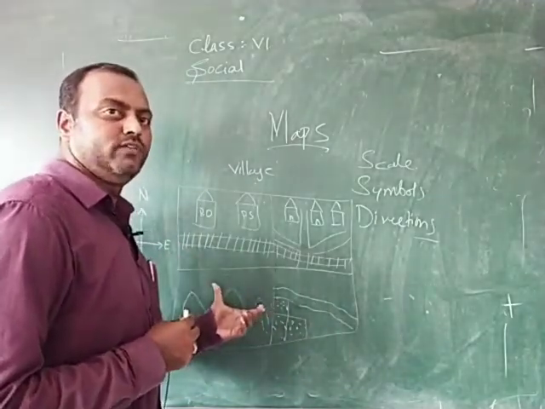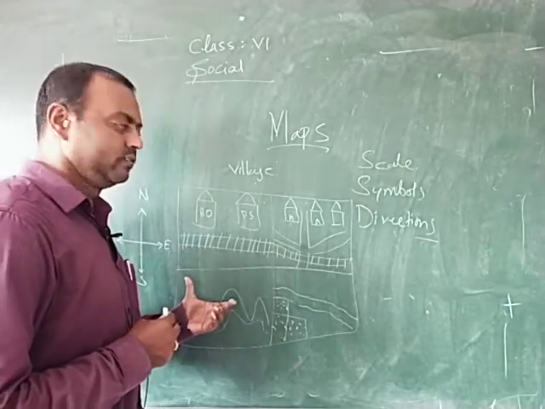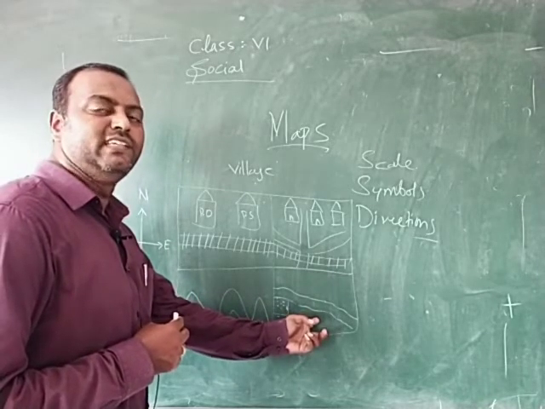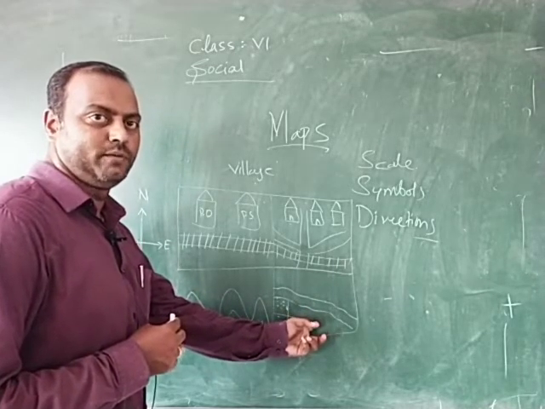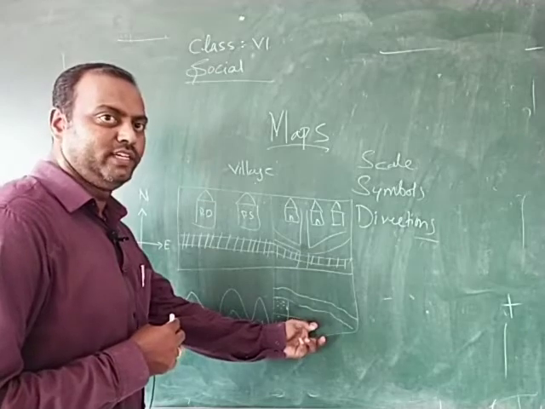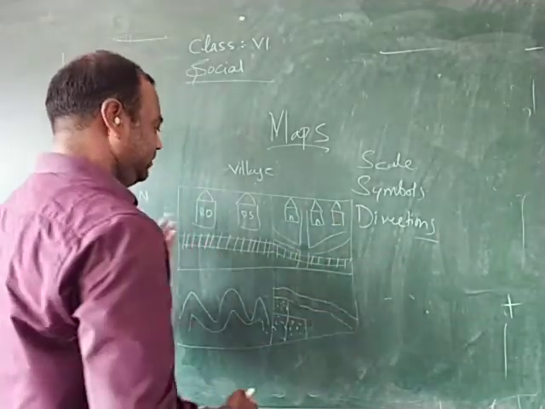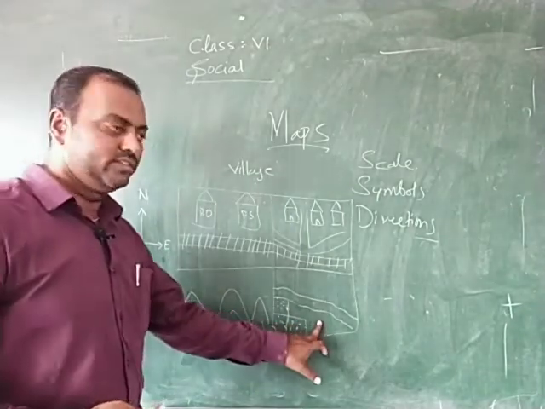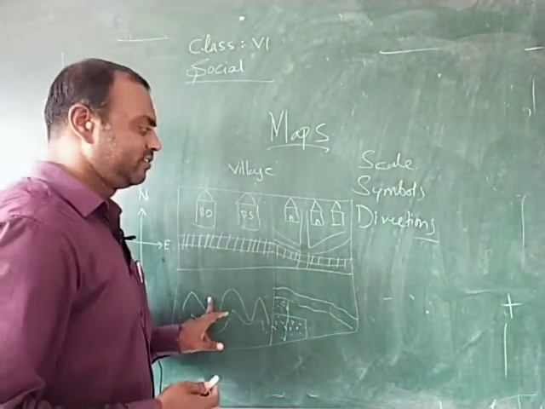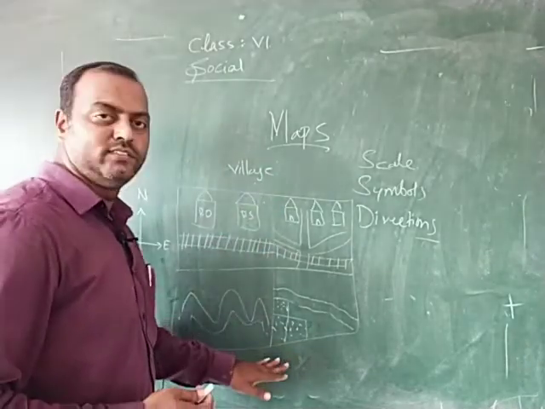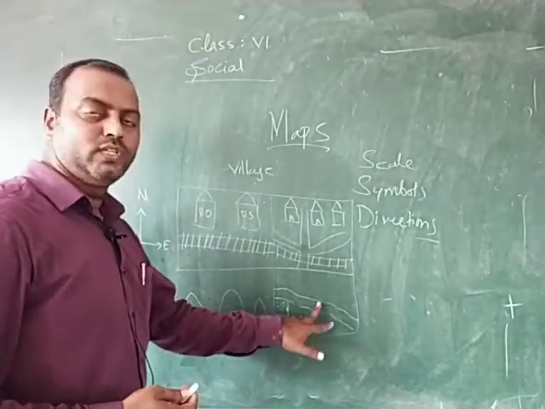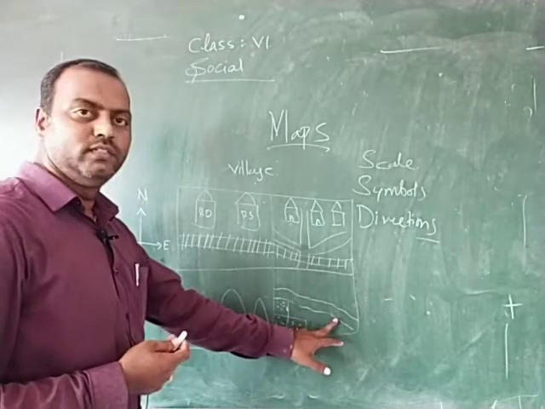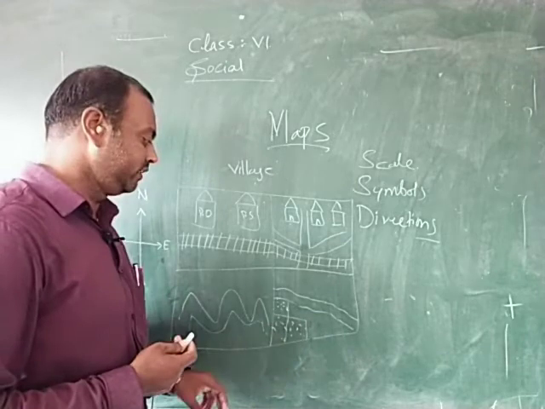In which direction of the village is the river flowing? The river is flowing on the eastern side of the village. Am I right? Is it the eastern side? Yes, it's the east and this is the west. Already we have shown you the directions of a map. This is the eastern side and this is the western side. This is the northern side and this is the southern side. So towards the southeastern side, the river is flowing and the agricultural lands are present here.